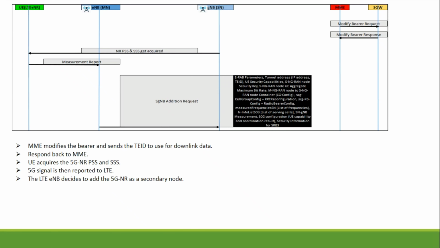Now here we are seeing that the MME will be sending the modify bearer request, and then the signaling gateway is replying with the modify bearer response that it is activated. And now the gNodeB will be acquiring the NR PSS, NSSS, all the information through the UE, and now the measurement report is getting sent by the UE to the eNodeB. So this is the measurement report which I was telling about before,